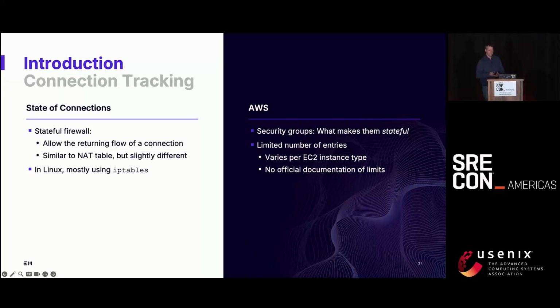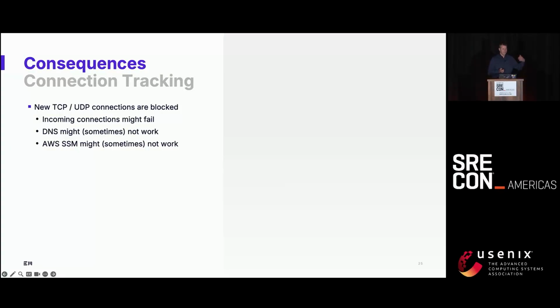By the title of the talk, you might guess there are limits for how big this table can be. And unfortunately, there is no documentation and no specification. Also, when you ask support, there is no official number. So what's the effect when this table is full and you want to have a new connection to your instance? It might fail until there is space in the table when the next connection comes in. You might also see DNS failures because egress flows for UDP might then not work,